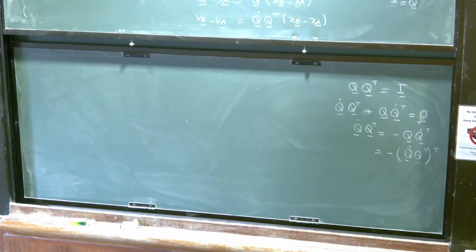If A is equal to minus A transpose, we're assuming A is a square matrix here, then what kind of matrix is A? Any guesses? A is skew-symmetric,